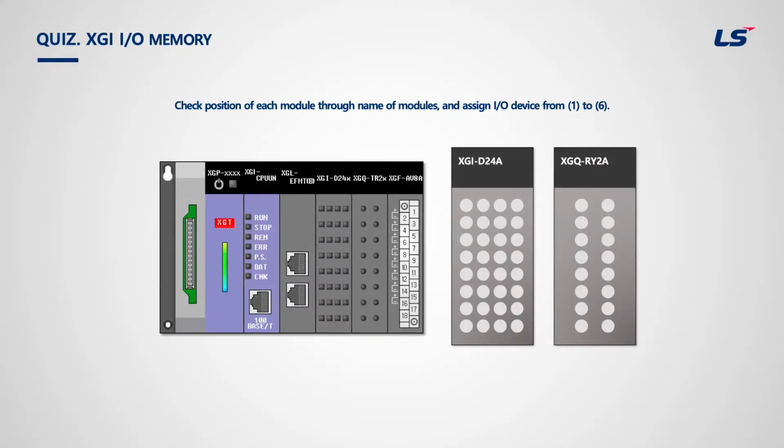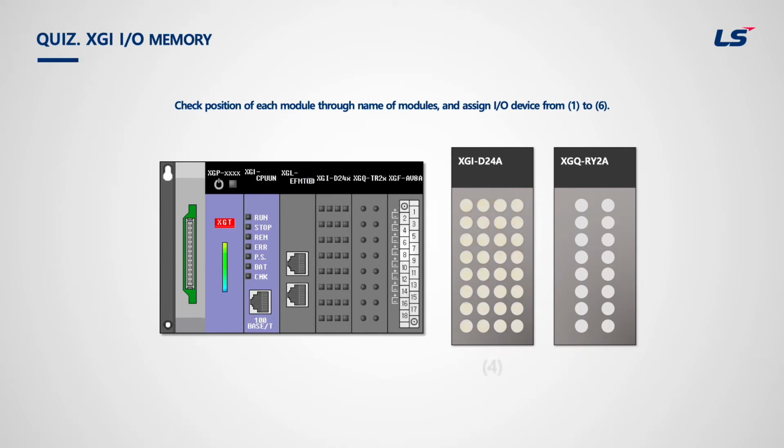This is a quiz. Check position of each module through name of modules and assign I/O device from 1 to 6. Number 1 is the 9th bit in slot number 1 in main base, so it's IX0.1.8. Number 2 shows that a byte, which is 8 consecutive bits, are turned on. It is the 4th byte of slot number 1 of main base. Therefore, the answer is IB0.1.3. Number 3 is the 21st bit of the same slot. Therefore, it's